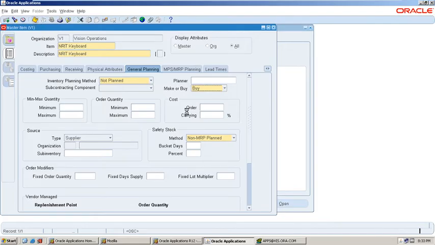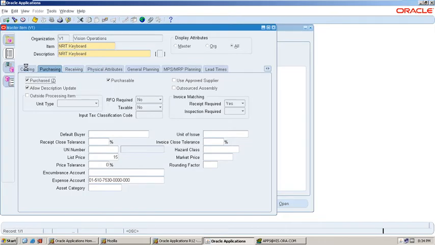Now save the record. Now the item has been created successfully.